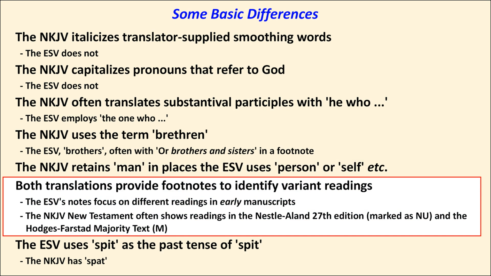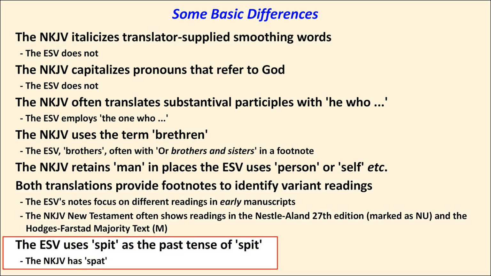While both translations provide footnotes that identify variant readings, those in the ESV concentrate on variations within the older manuscripts. The NKJV's footnotes attempt to inform the reader where the Textus Receptus, the NKJV's Greek source text, differs from one modern critical edition and from one edition of the Byzantine text, that is, the text preserved in the later Roman Empire. I realize that this is a petty point, but it annoys me that the ESV uses spit as the